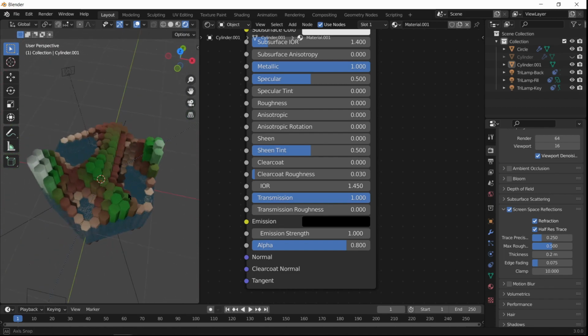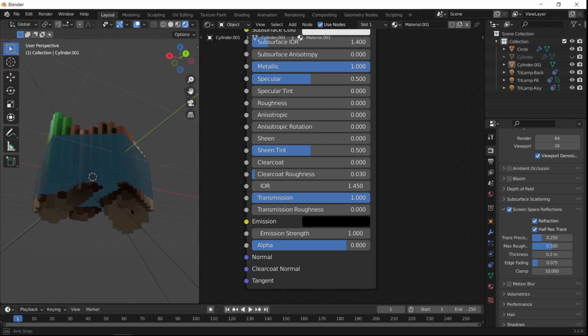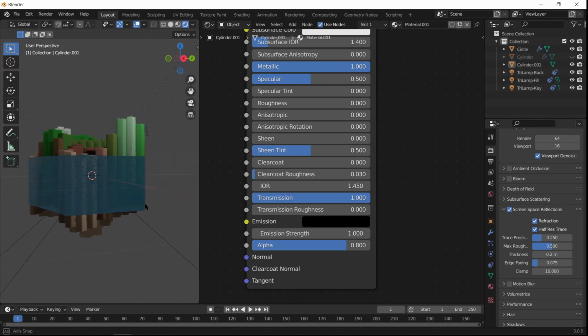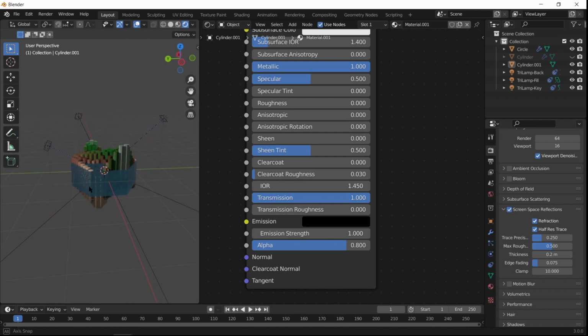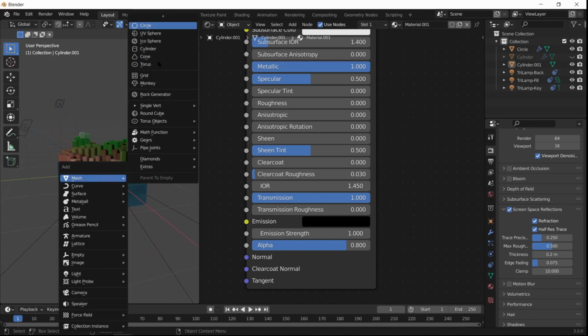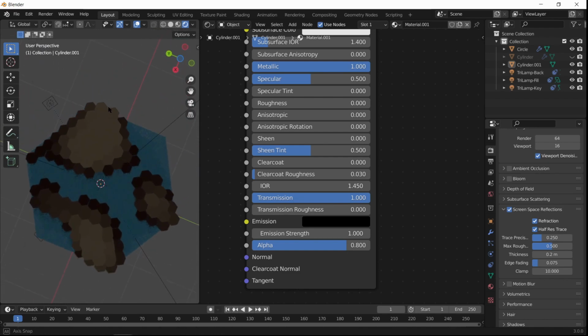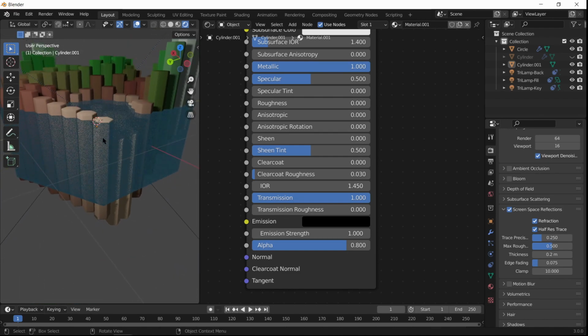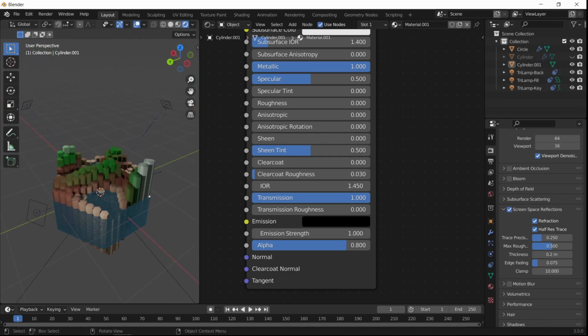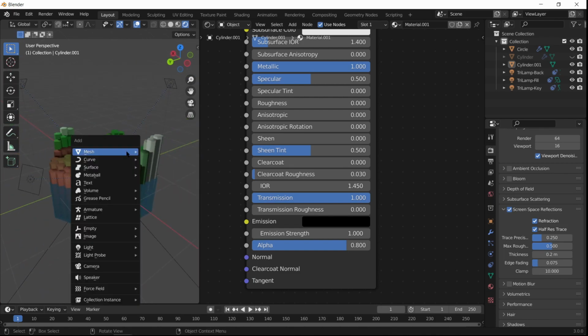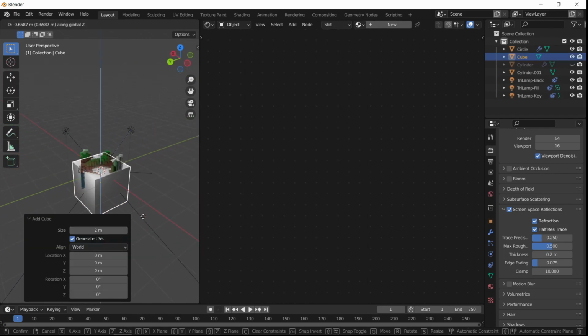So now another concern you might have is what do you do with this thing in the niche, like at the bottom? There's nothing you can do about that. Actually, there is. There's way better ways to deal with this. You can use booleans, you can use geometry nodes to create a mask layer, so many things you can do to hide this ugly bottom mountain. And I would highly encourage you to do all of them. However, this tutorial has already gone on too far. So instead, I'm going to